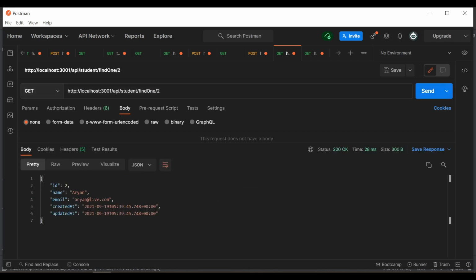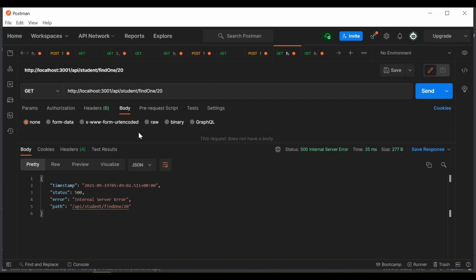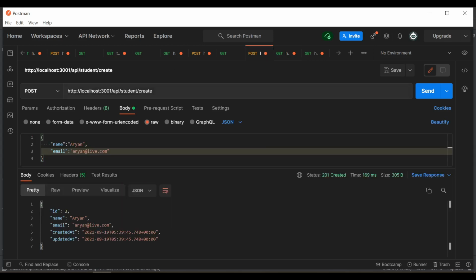Now if we pass some random ID, what will happen? It gives an internal server error. So we will replace this method and define the exception handling and our custom message in the next step.